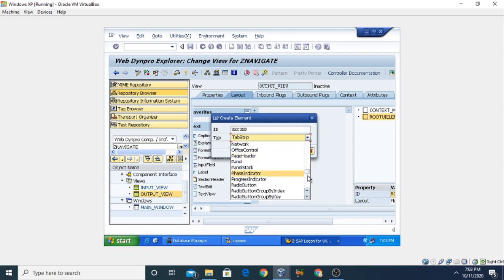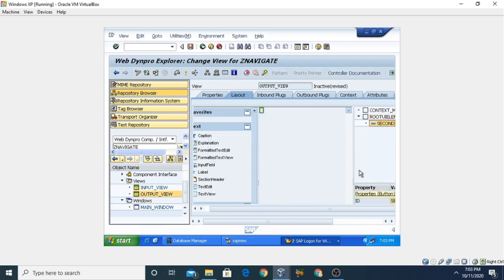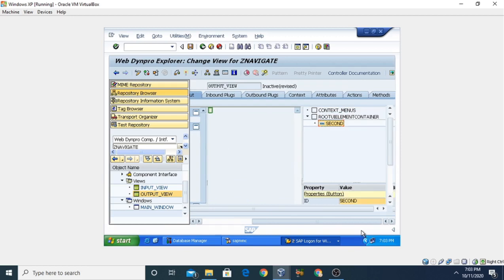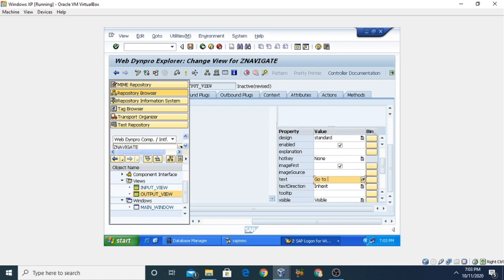You can also select from the list. I am going to select the button, and then press OK. So another button we have created. We need to set the properties. Just select the properties, give the text, Go to first page.